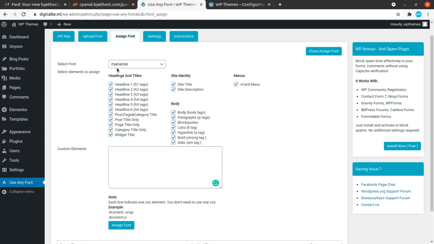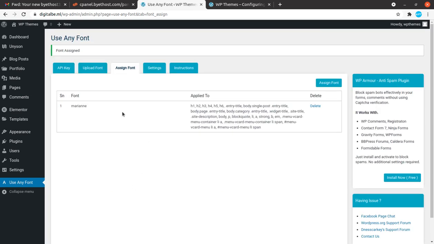However, it will work from here only. So assign font should be clicked, and now the font has been assigned to all the selected areas. It is showing applied to all h1, h2 and body, category and intertitle and the rest of the places.